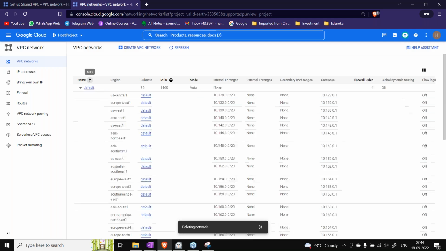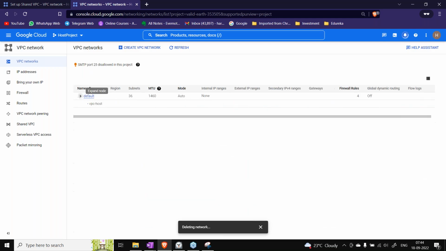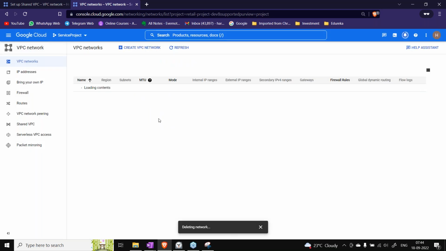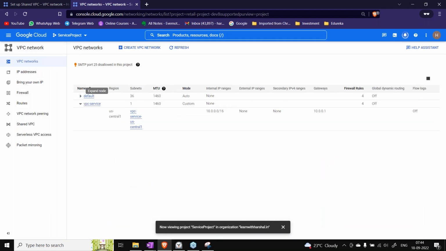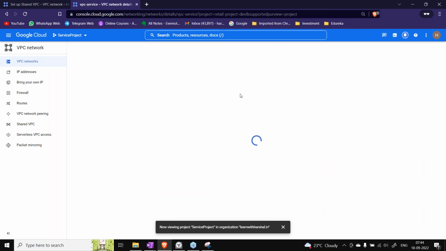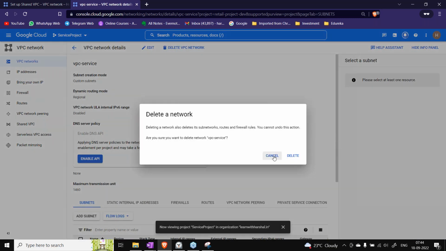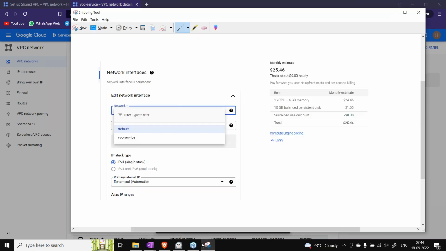So in the host project, I have only the default VPC. This is getting deleted. In the service project also, let's delete that service one. We don't need that actually, because we are not going to use service one. Or since we have taken the screenshot, let it be there. That's fine.